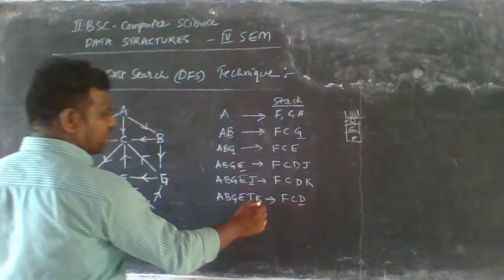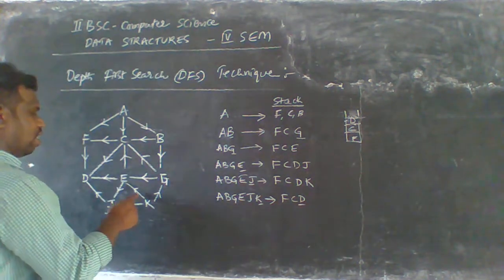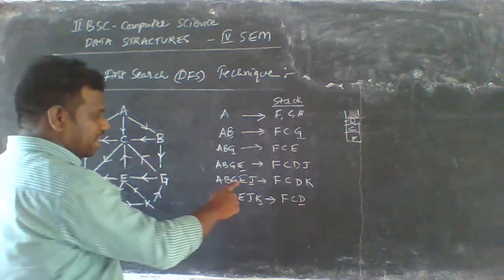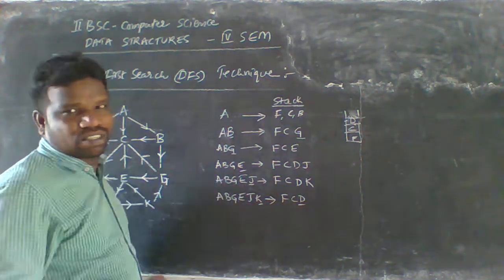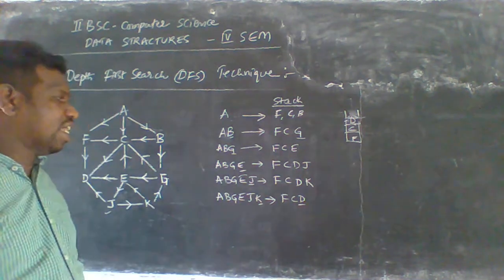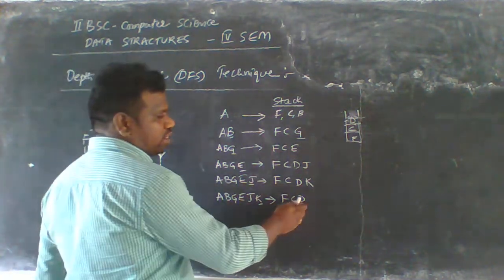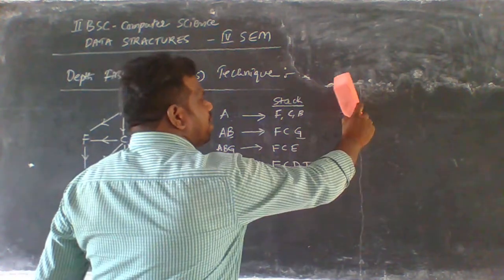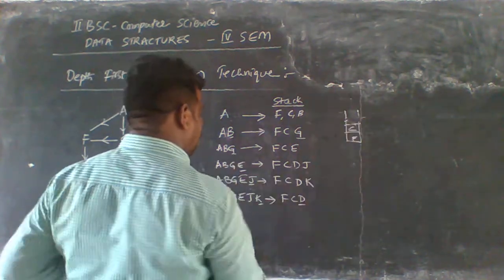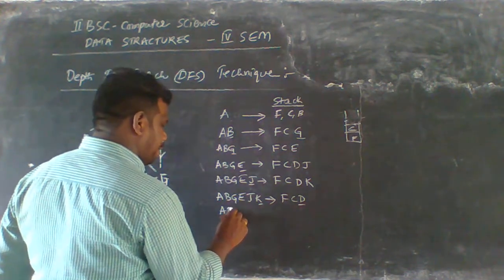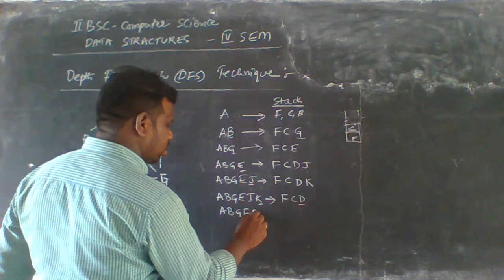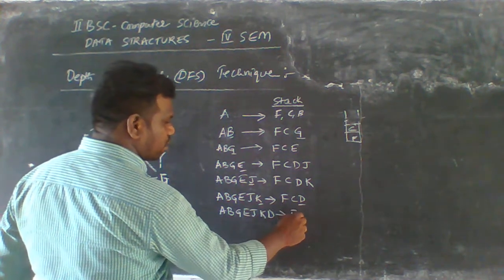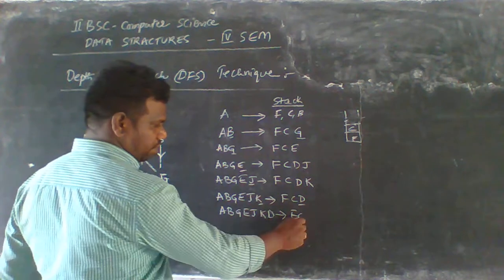Now we are at the K having B. Two elements are available here, that is called E, G. But E, G is already traversed. That's why we should not take that element again. So that's why there are no new elements available here. That's why we can directly pop that element D here. Okay, that's why A, B, G, E, J, K, D, and the remaining is F, C.